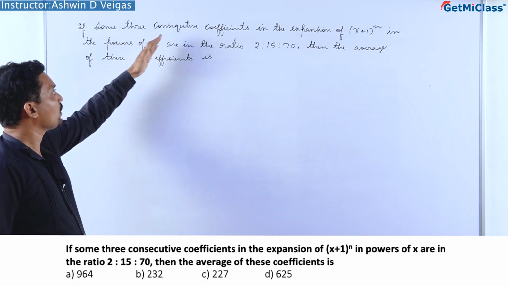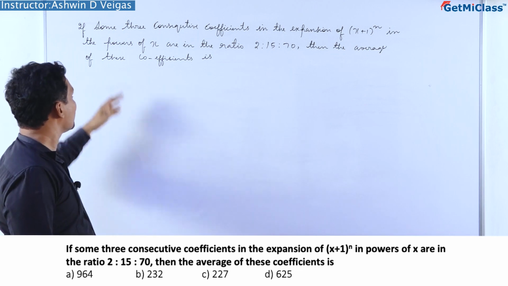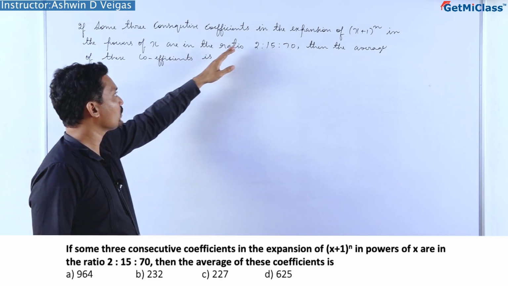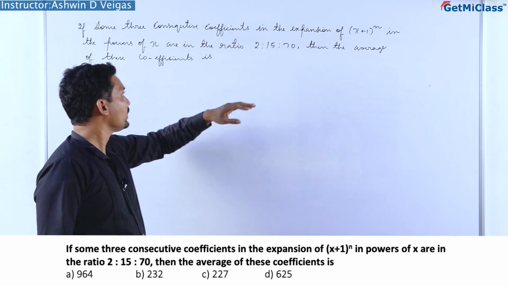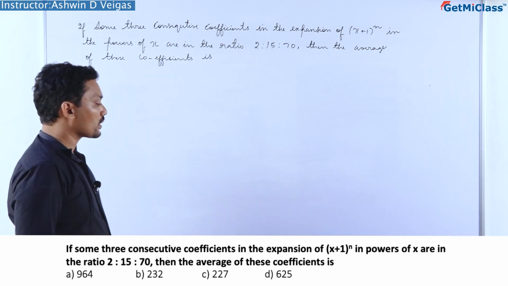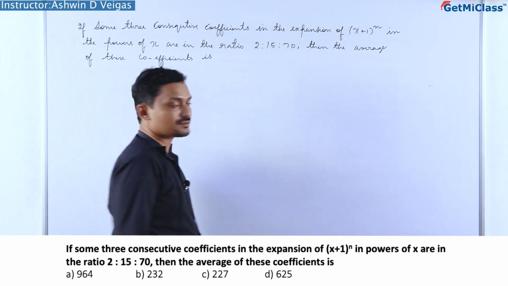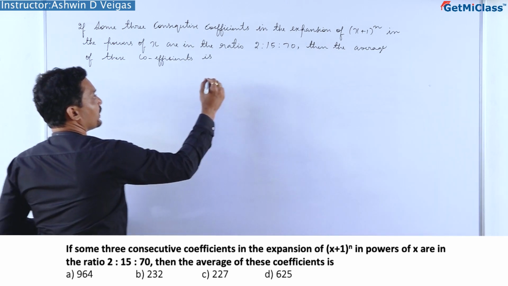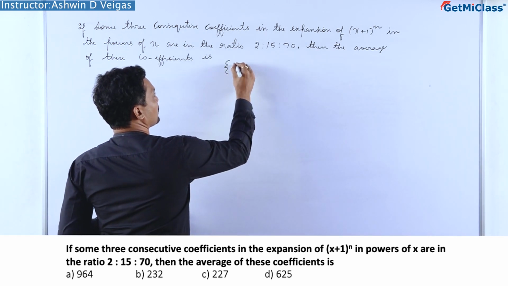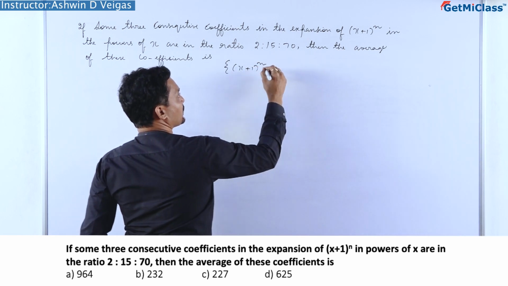If some 3 consecutive coefficients in the expansion of (x + 1)^n in powers of x are in the ratio 2:15:70, then what is the average of these coefficients? Okay, now see, when you try to expand (x + 1)^n, you will get this expansion as